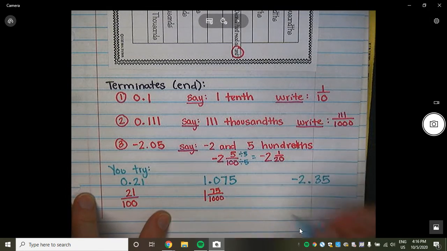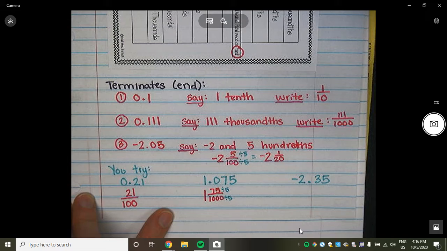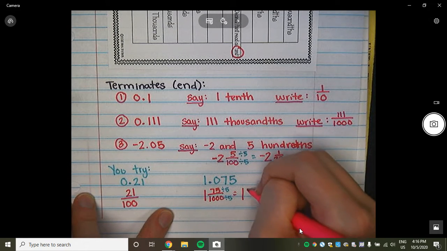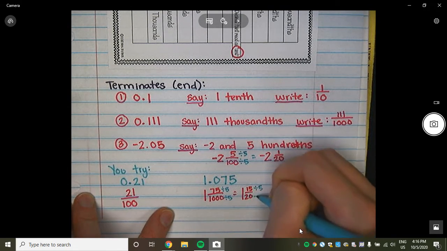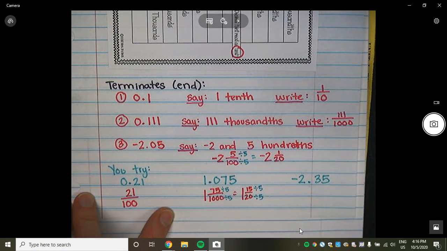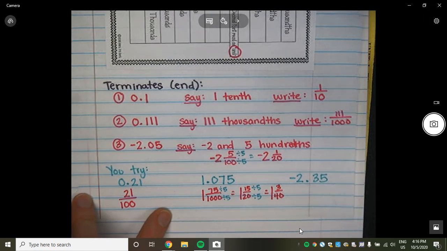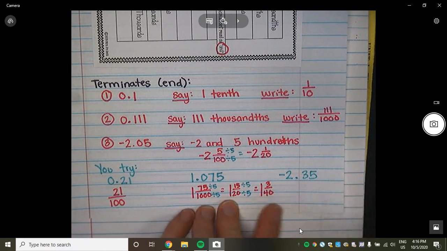And those are both divisible by 5. If I divide them by 5, I would end up with 1 and 15/200. And again, those are both divisible by 5. So my final answer should be 1 and 3/40. And this last one, I'm going to have my -2,